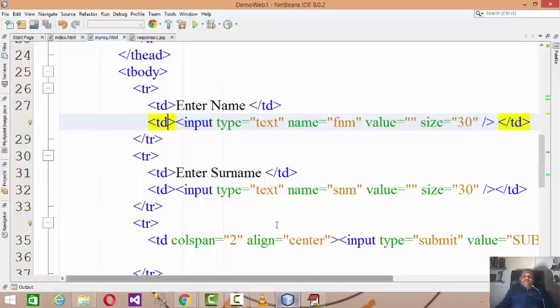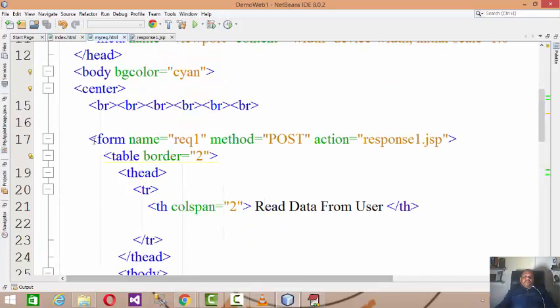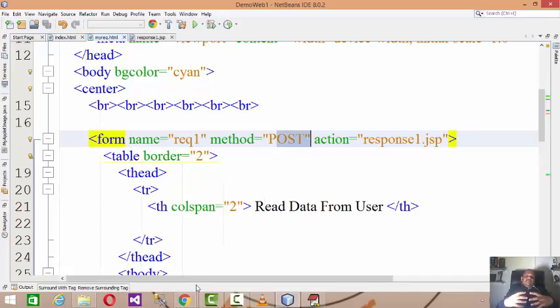Right? So initially, how to develop a web form? You have to take help of the form tag: form name equals the name of the form, method equals post, as we are posting the data. As I said, there are two ways to post the data to the server, that is the get method and the post method. I will be discussing the difference between get and post in the next sessions. And action equals, these are the three attributes of a form tag. Name equals the name of the form, method equals which method you are using to send the data to the server, and action equals which page is responsible for accepting that data.